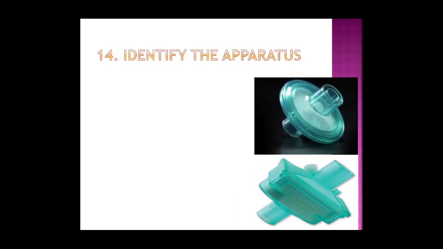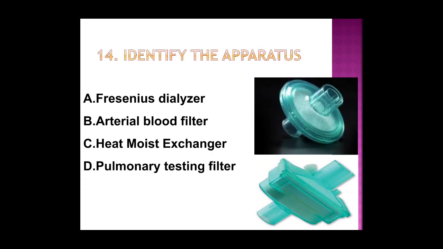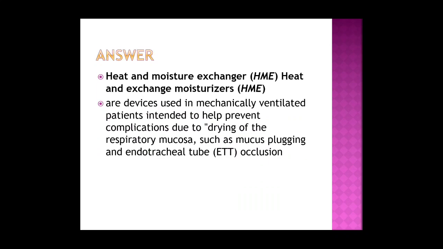Next question. Identify the apparatus. Options: Fresenius dialyzer, arterial blood filter, heat moisture exchanger, pulmonary testing filter. Answer: heat moisture exchanger. Heat and moisture exchangers are devices used in mechanically ventilated patients